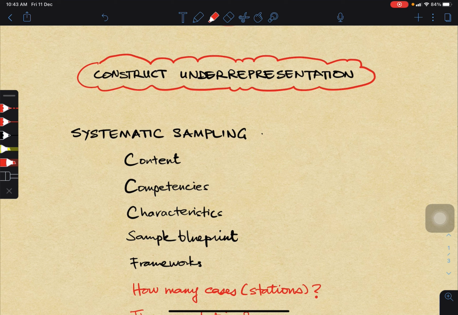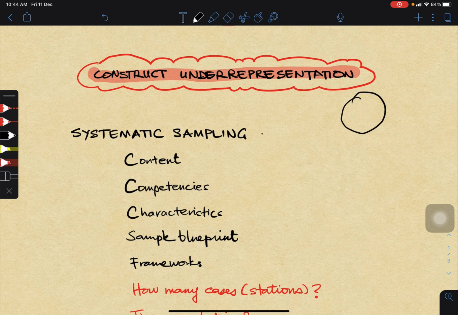As usual, we will approach this discussion by looking at the two main groups of threats, right? If you remember, CU and CIV. So we look at CU first, the construct underrepresentation, right? So construct underrepresentation means that we are not sampling enough, or if we are sampling enough, we are not sampling throughout the domain of competency. Okay, so as very nicely illustrated, I would say, in the book,